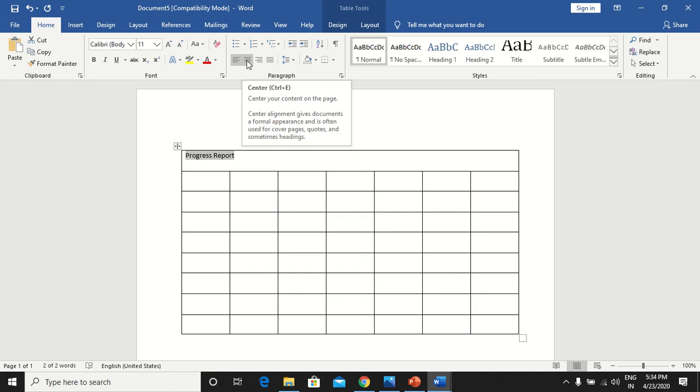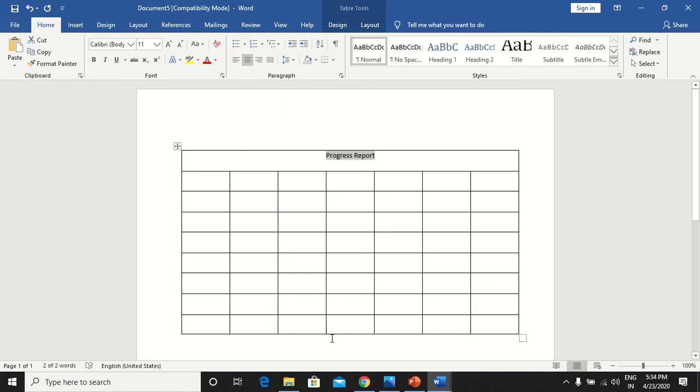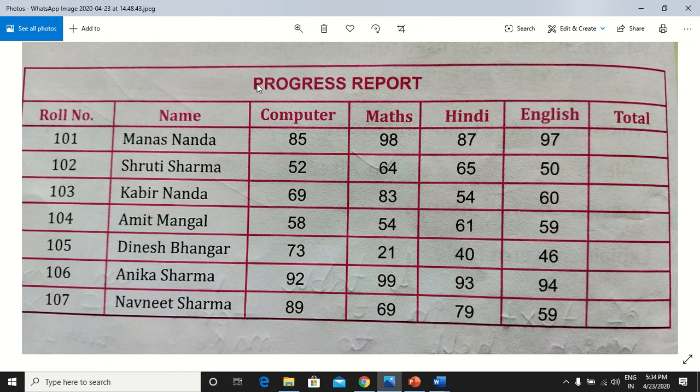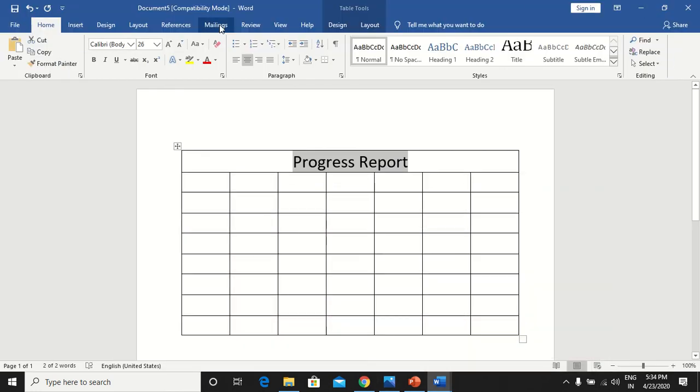I will press center alignment. I will increase the size. Now here Progress Report is written with all letters in capital, so I will change case. I will click here, uppercase. Now you can see all my letters become capital.